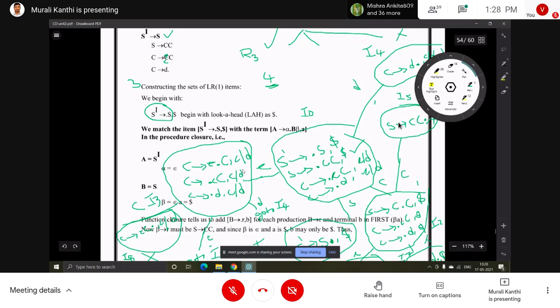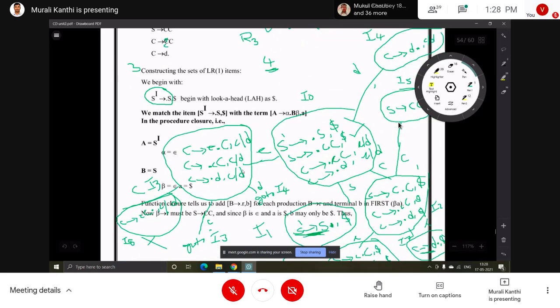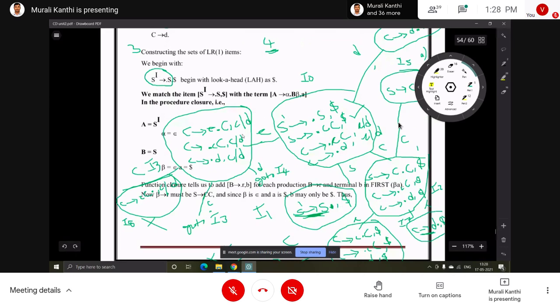If we make any mistakes in the first and follow, then wrong entries will be filled into the table. But in the lookahead symbol calculation, we may not make any mistakes. We just compare with the general form, then take first of beta a, and whatever set we get will be the lookahead for that corresponding production. That's why it is a more powerful parser compared to SLR, simple LR.